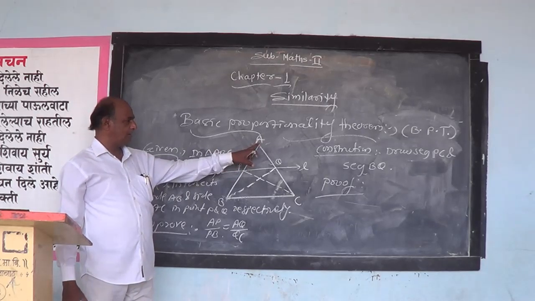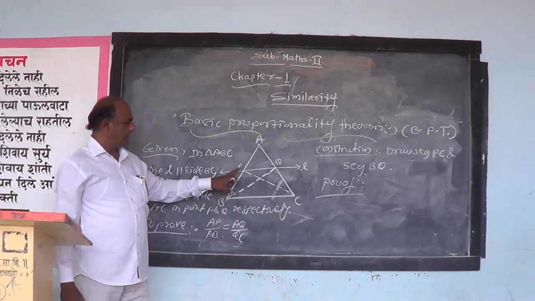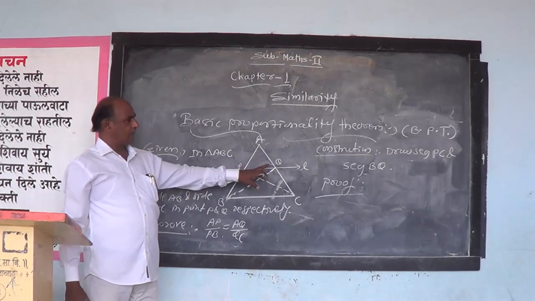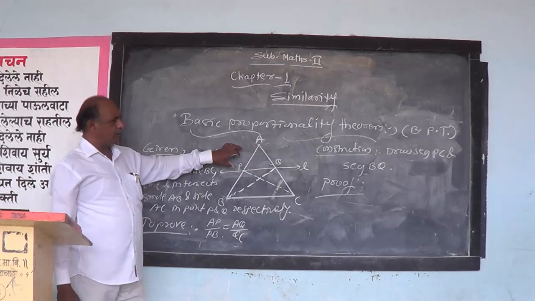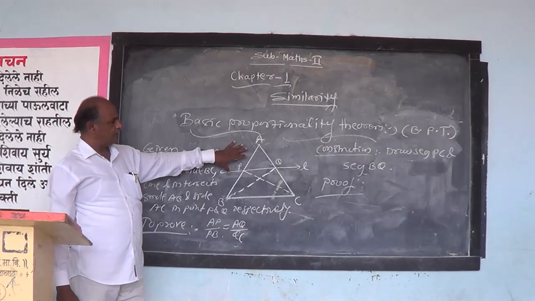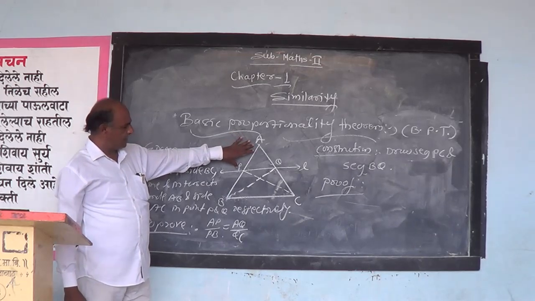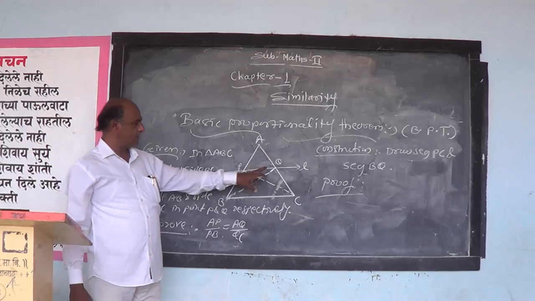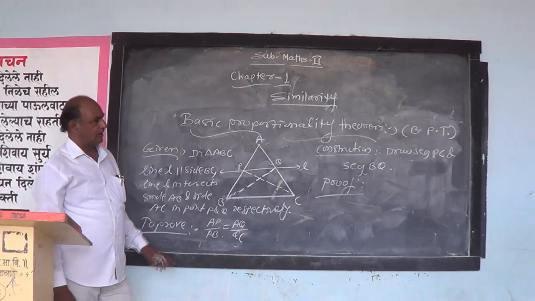Which two triangles? Triangle APQ and triangle PBQ. Here, vertex Q is the common vertex opposite the bases of those two triangles. The first triangle's base is AP, the second triangle's base is PB, and the opposite vertex Q is common. Therefore, the heights of those two triangles are the same.